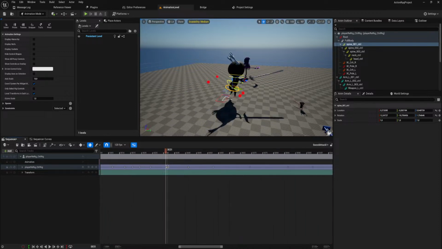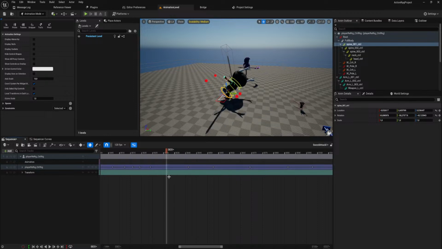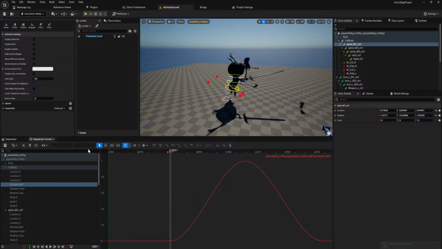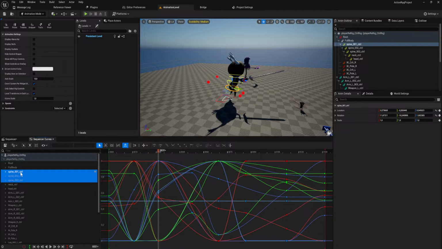Okay, so what we're going to do actually for this one is I am going to... So this is mostly all the spine stuff, right?